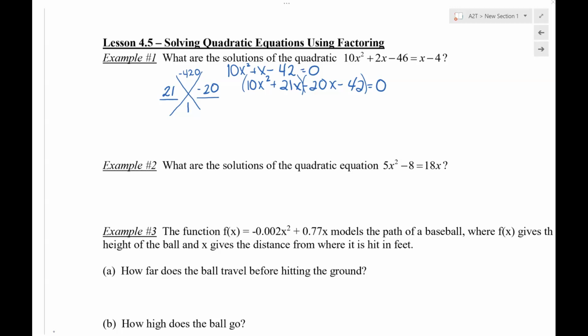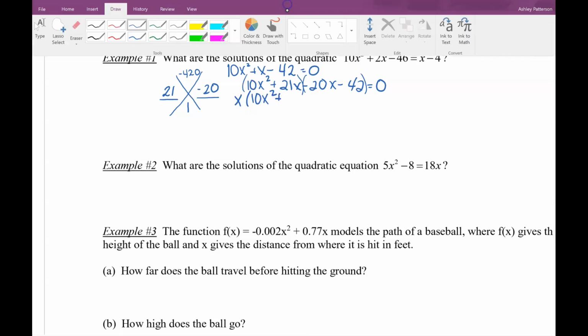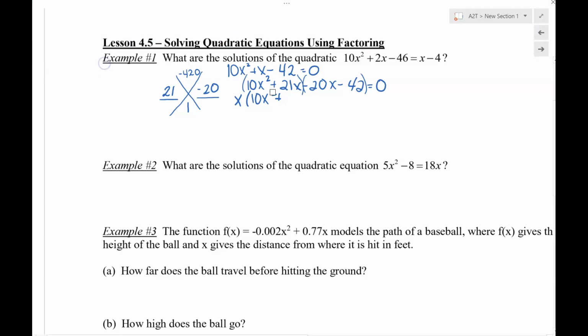Okay, so the GCF, it looks like it's just a 1x. And so even if it's 1, you have to factor it out. That leaves us with 10x, because we're pulling out an x, plus 21. And then on the second binomial, we have to pull out the negative 2, which leaves us with 10x plus 21. When you factor by grouping, these two binomials should be exactly the same,